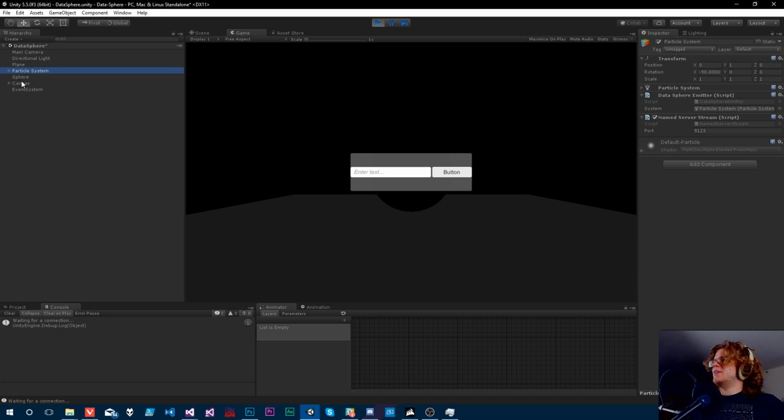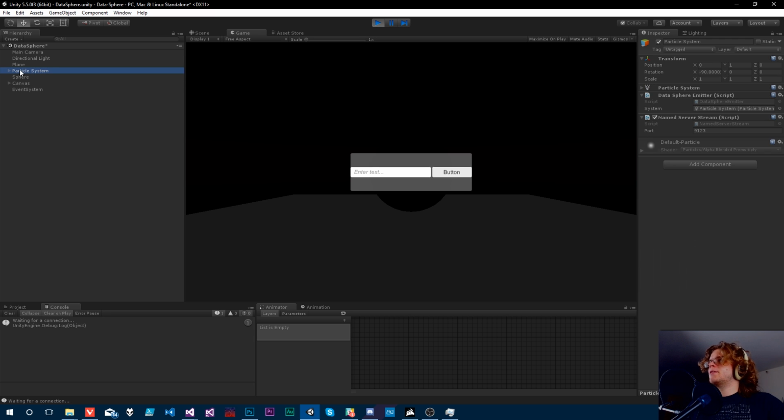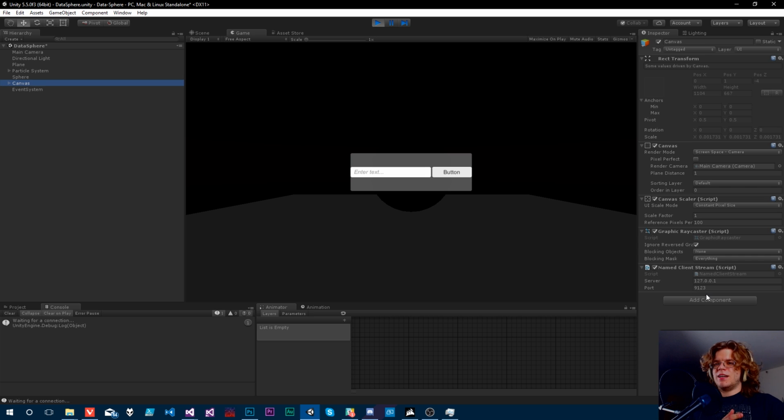Found out why it's not working. So this is supposed to be on 9123 because the ports have to match or this won't work. And so our server was on 9123 and our client was on 9001. So they were missing each other and nothing was happening. Now if I click it,